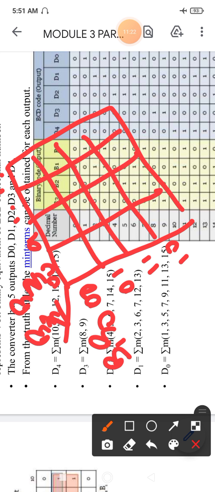So for 0, 0, 0, 0, what will be D0? D0 will be 0. For 0, 0, 0, 1, what will be D0? It will be 1 here. For 0, 0, 1, 1, what will be D0? D0 will be 1 here. For 0, 0, 1, 0, what will be D0? D0 will be 0 here. So like this we are representing D0.